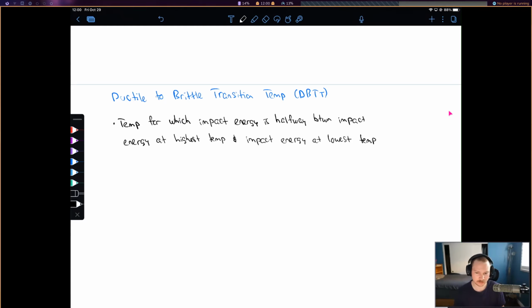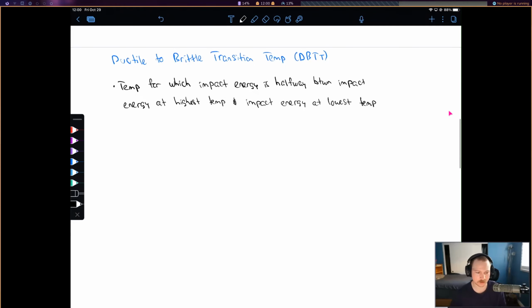Okay, so that's the text definition, but again, I think it's a little clearer to understand if we have a graph. So we're going to be making these graphs too on the memo. On the x-axis we have temperature, and then on the y-axis we have the energy absorbed, so energy absorbed on impact. Okay, and then for steel specifically,